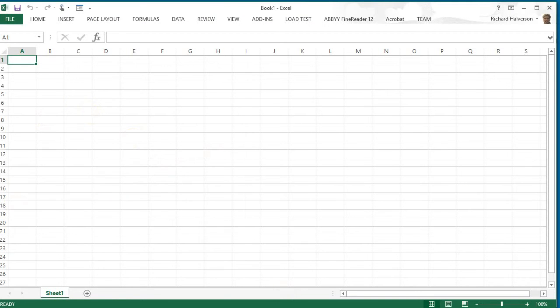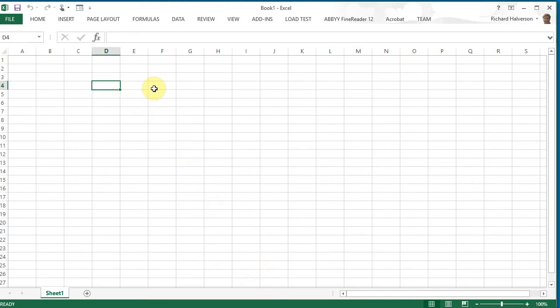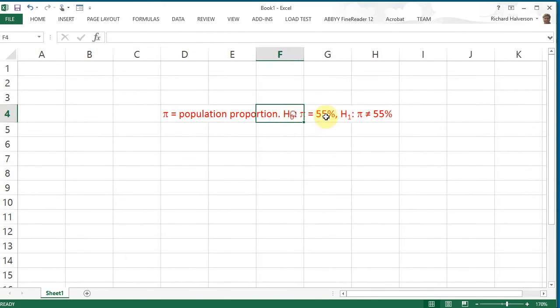I'm going to start here by stating what the null hypothesis is, that the proportion of females at this medical center is 55%. So I can state that here. The null is that the proportion is 55%. And the alternative is that the population proportion is not 55%. So let's